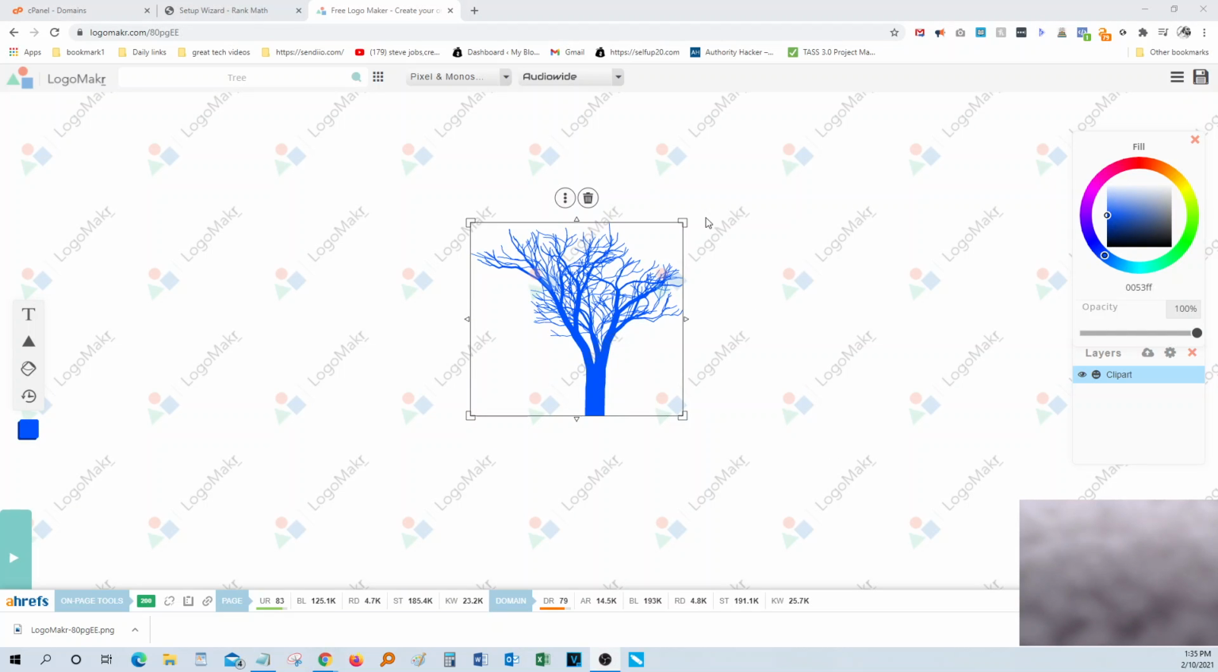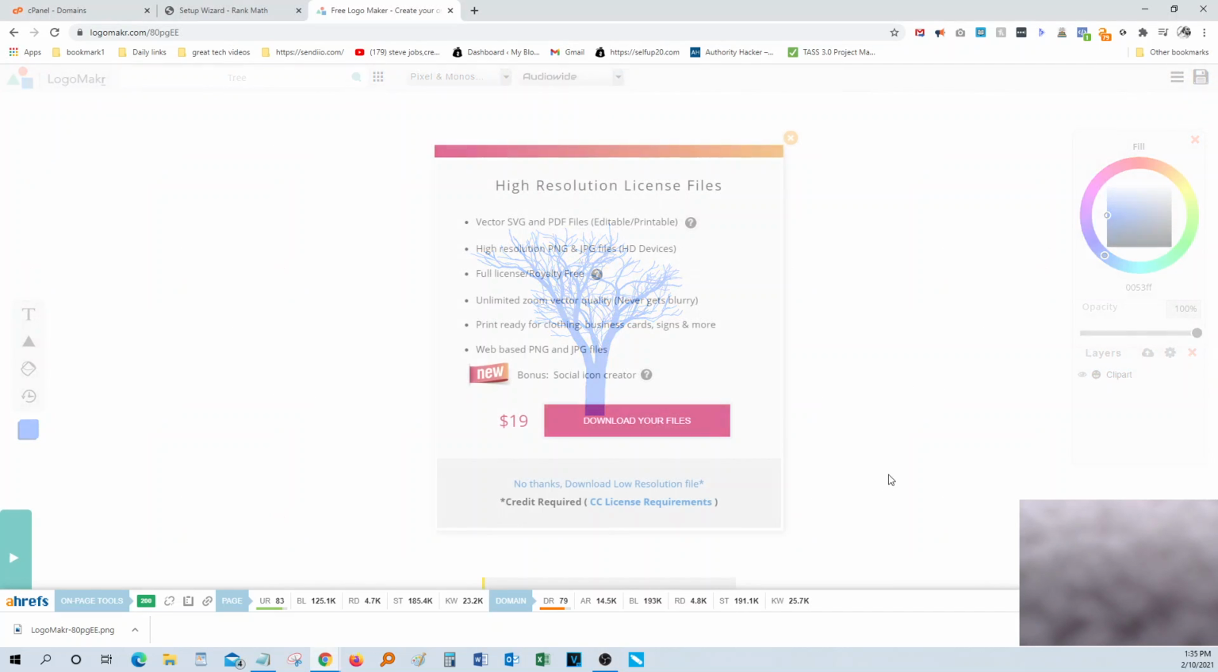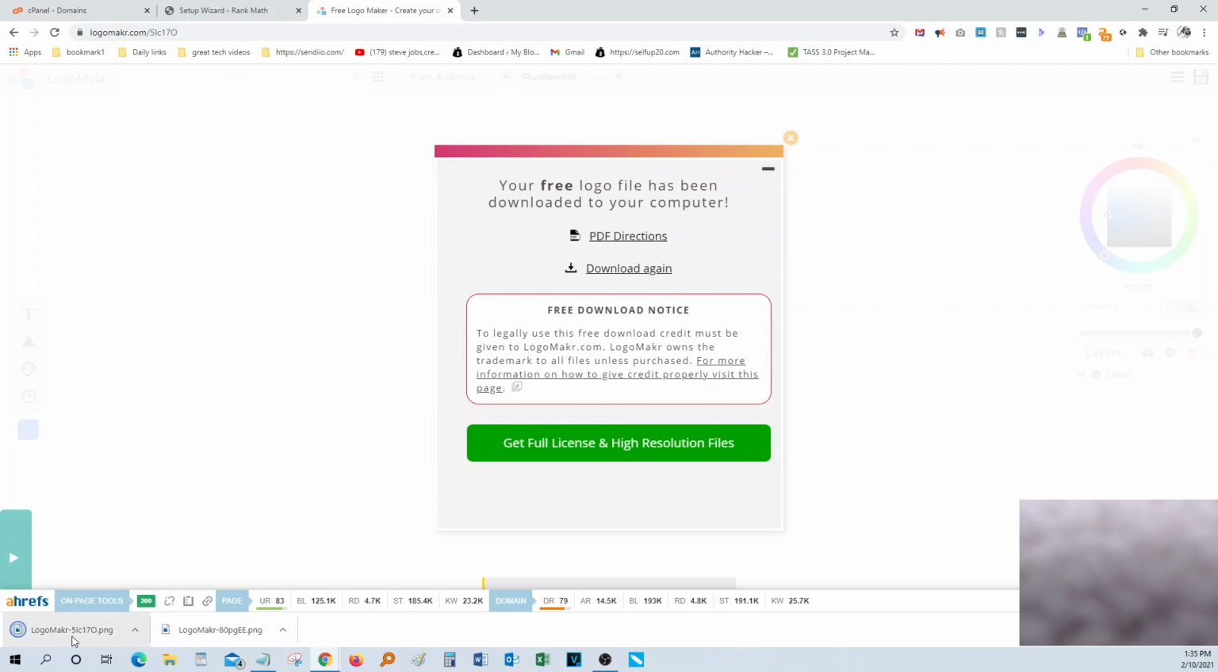So now we got our logo down here, and we got the site icon. So all we're going to do is just come back here again, going to hit save. We're going to download low resolution, and as you guys can see down here, it got downloaded right here. Alright, so next step we're going to do is,